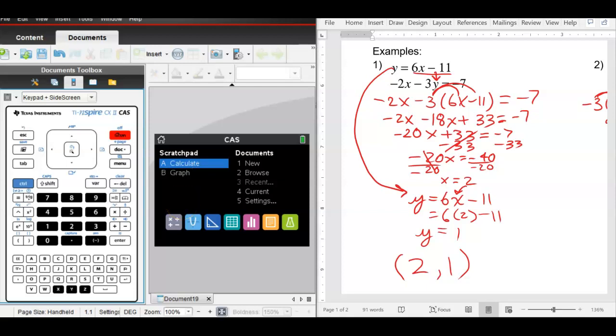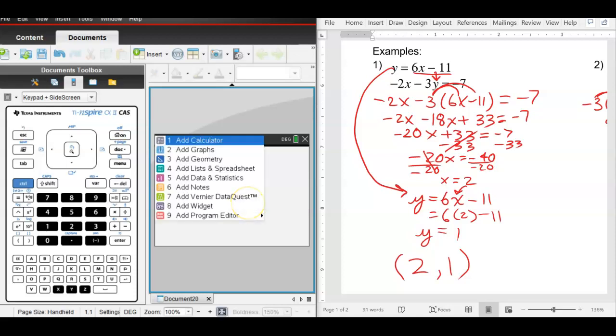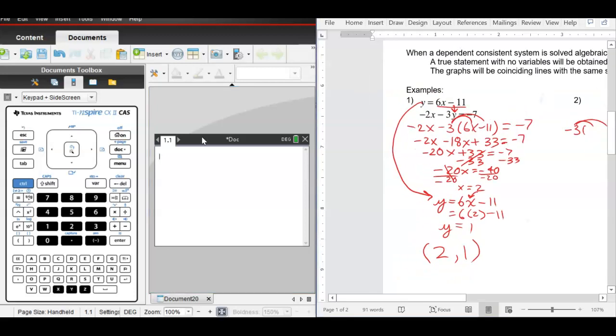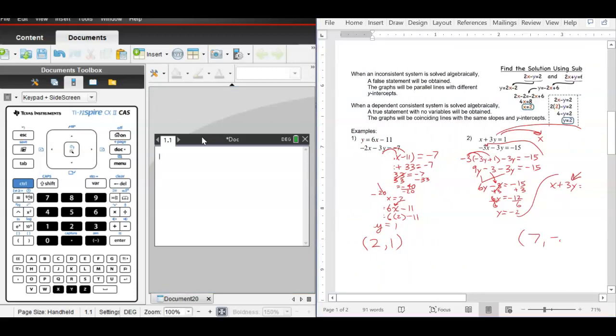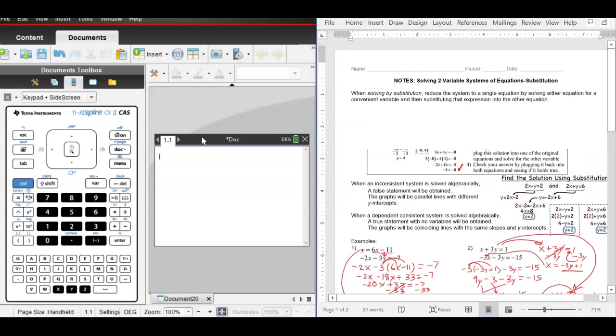Here's what I want you to do. I want you to do a new calculator, so make sure you're on the home screen, press number 1 for a new document. If it asks you to save, say no. And then number 1 is a calculator. So press number 1. You should have this blank white screen. Everything's nice and squeaky clean. Now, you can write this down in your notes somewhere. That would be really good to know. The buttons that you press are